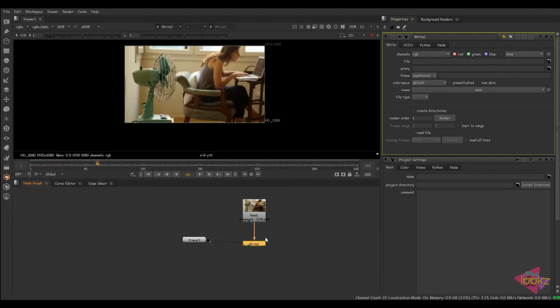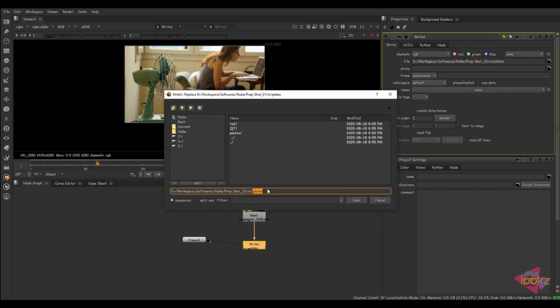So it is always important that you work on a sequential basis. Okay, so copy that path and paste it over here. Open this, and inside plates we are gonna copy the name of the shot, that is prep shot 1. Paste it over here. Dot hash 4 times hash dot exr, or any file format.